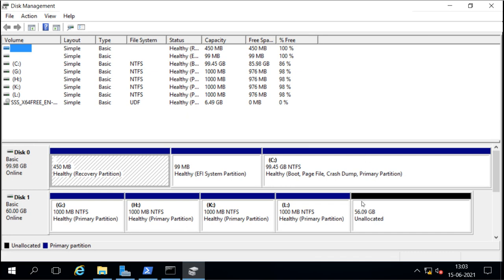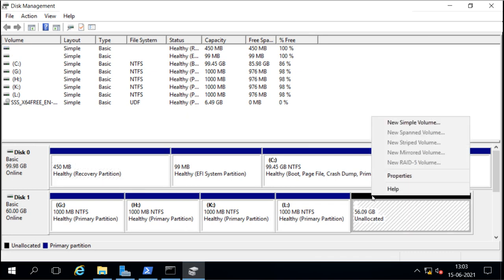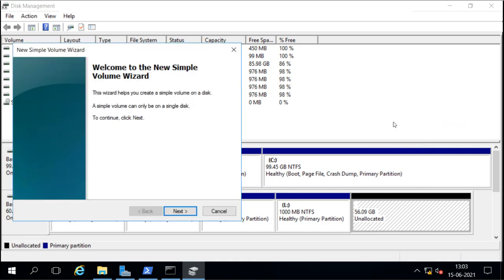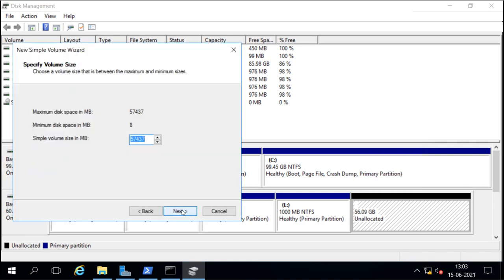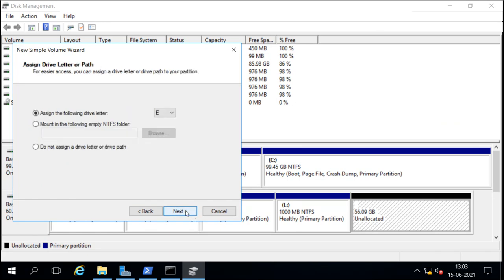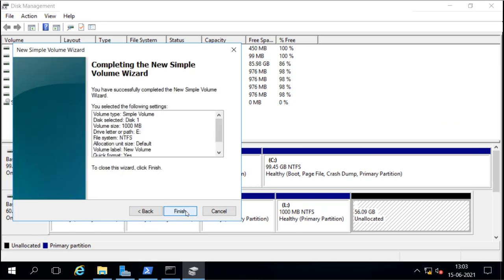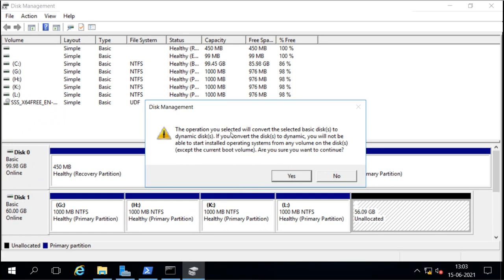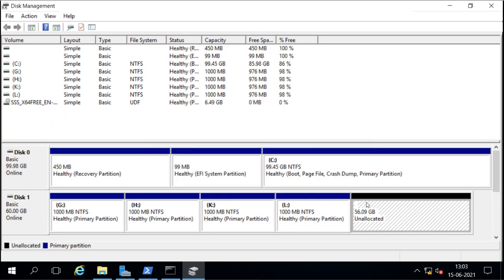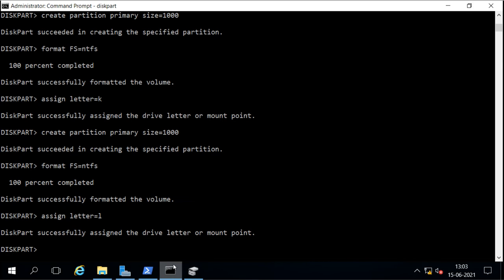If I try it from here, it gives an error that you can't create it. And if I try to create it from command line, again I will get the error.